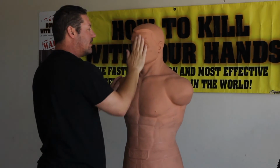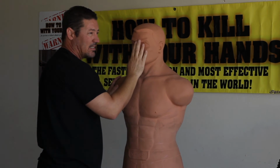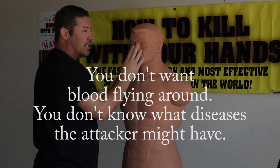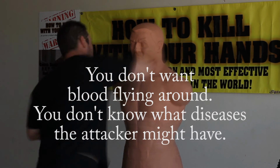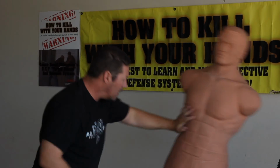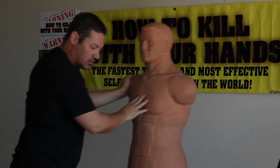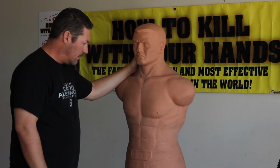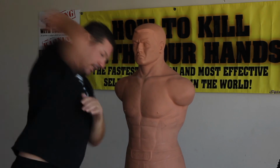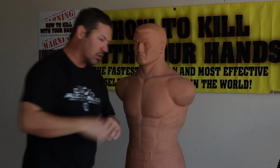I don't want to hit up here. That's not going to do much damage, except it could break his nose. It could definitely stop a street fight, but you also don't want to get hurt. Elbow to the solar plexus. Elbow to the ribs, right? Okay? So those are elbow strikes. Now that's if they're standing up. So you can always do a downward elbow if they're on the ground, into the groin, into the solar plexus,